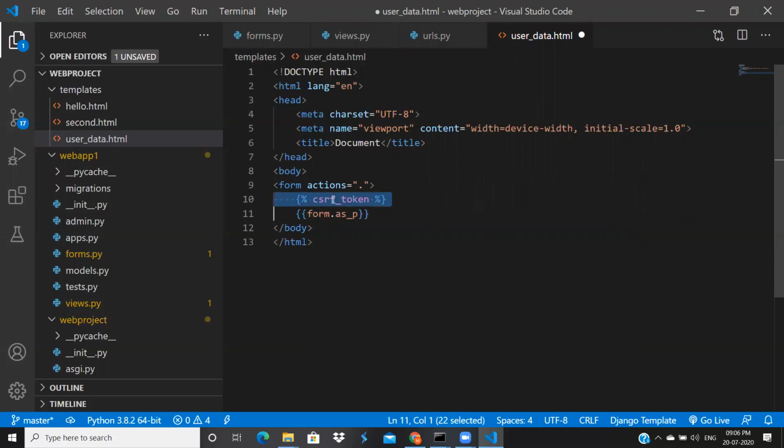As of now, forget about the CSRF token. I will explain this in upcoming sessions. I just want to show how data is coming to the server and how we can store that data in the database.